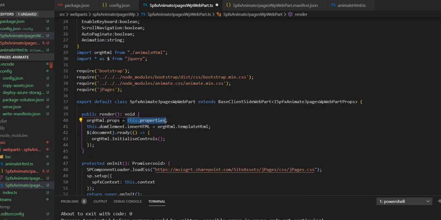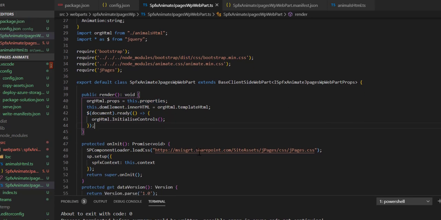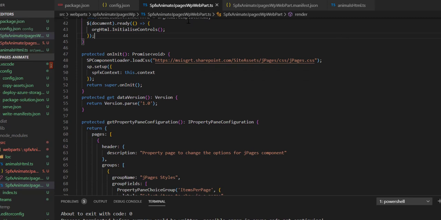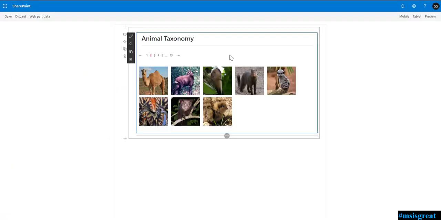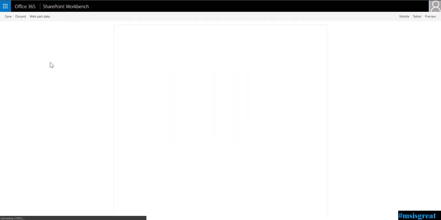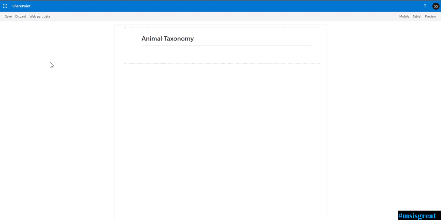I'm just passing it to my class so I can reuse that. Okay, so that's how it works now. So now all the properties and everything is set, and let me run the gulp serve again. The build completed. Now I need to refresh the page. So when I refresh the page, it should load with the default property which is being set,